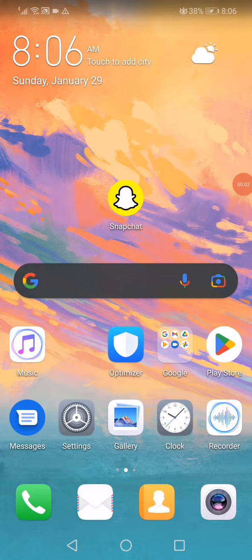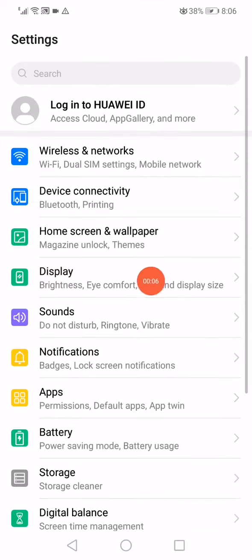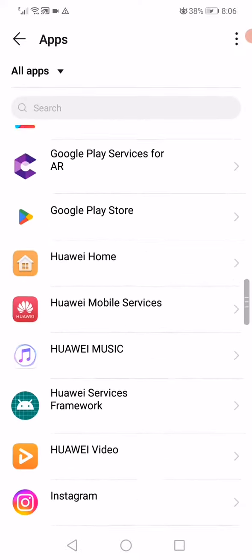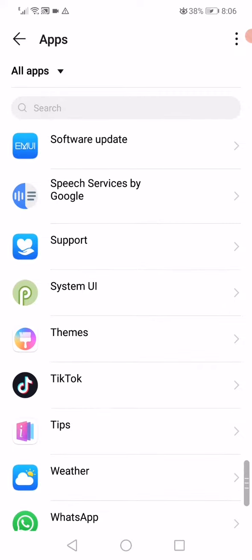How to fix Snapchat loading problem. First thing guys, open the settings on your phone and then go to the apps manager. When you open the apps manager, on this page you will find all the apps that you have on your phone. So all what you want to do is wait a few seconds, and after that scroll until you find